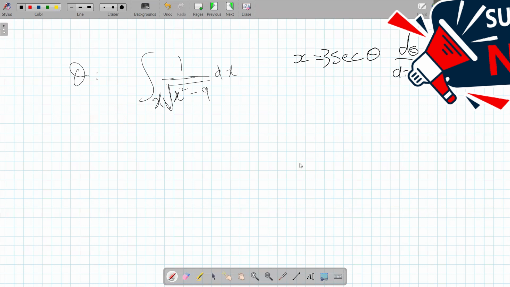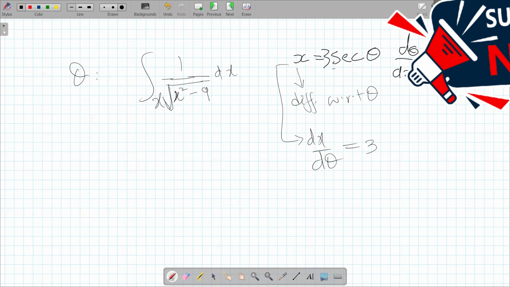You shouldn't write it like this, please. You should differentiate this with respect to theta. Just differentiate with respect to theta. What will happen? dx by d theta will be equal to